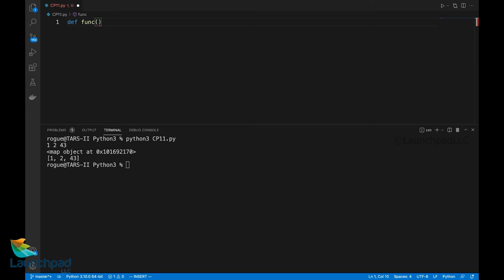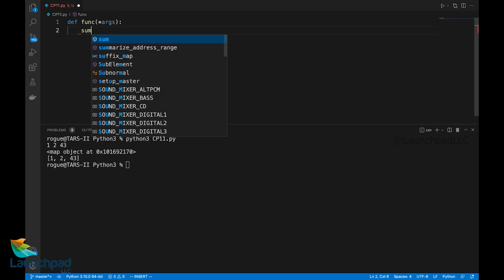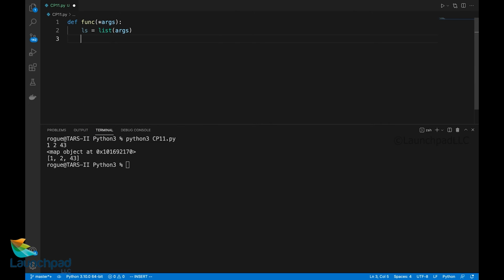Now let us talk about how to use user-defined functions in Python. In order to define a function in Python, we have the keyword def, which stands for definition, followed by the function name, and within the function brackets you can provide the arguments for the function, and you can have n number of arguments in it, or even these arguments can be iterable. The star represents iterable arguments. I'll return none if it is empty.